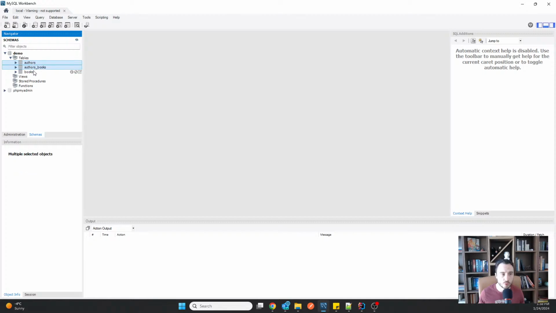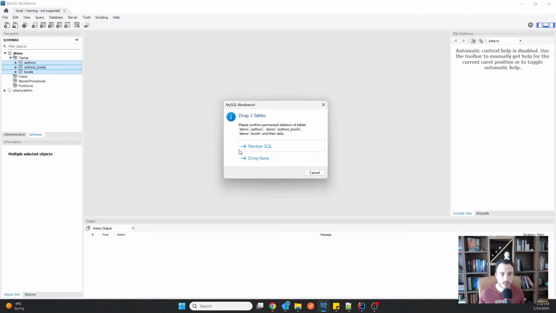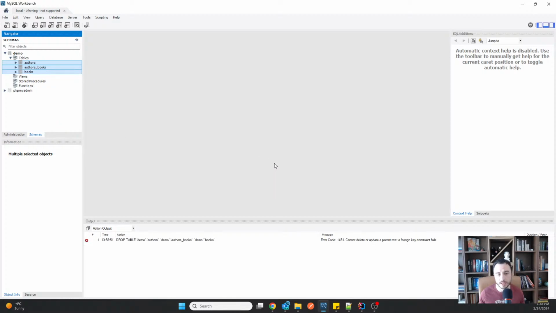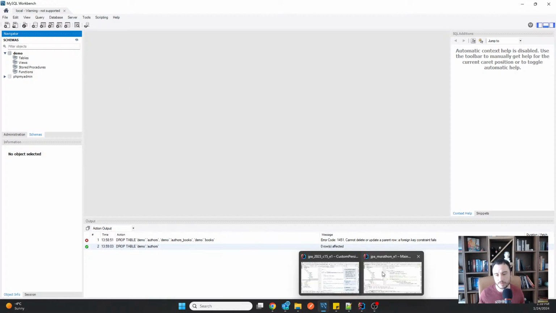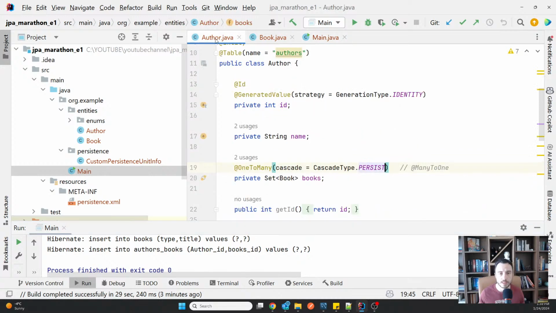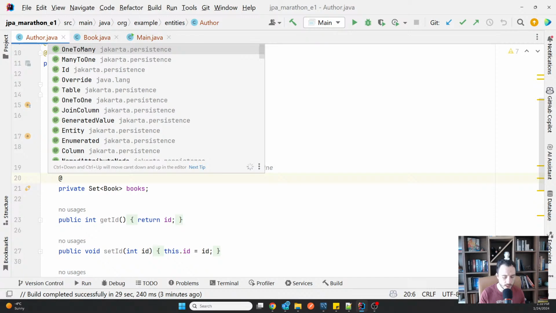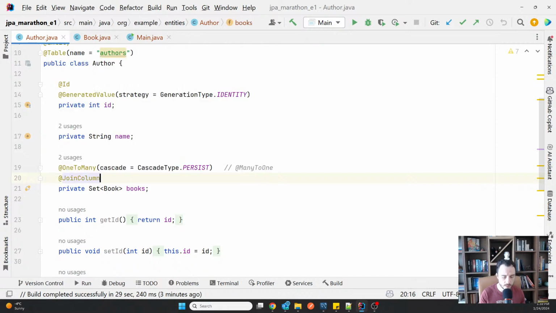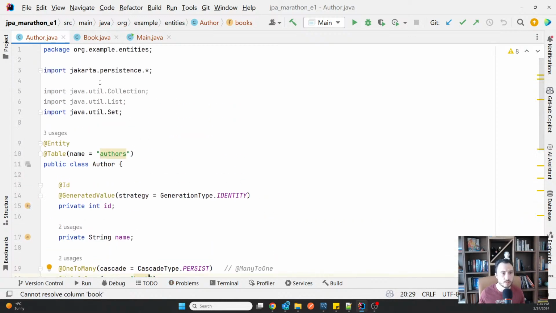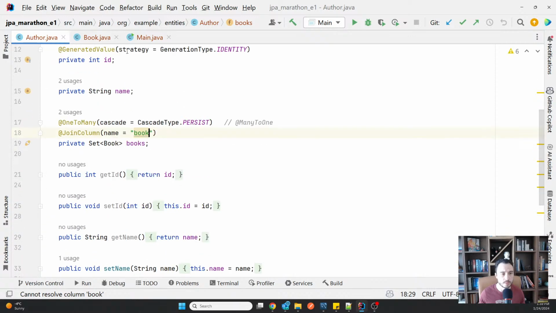And what you should do is always define the foreign key. Now, if you want advice from my side, I would always, in any kind of situation, specify the foreign keys and everything, honestly. So not only in this case, but I am very comfortable putting things in place and always specifying everything. So in my case, join column here, name, book, and that should do everything I need.